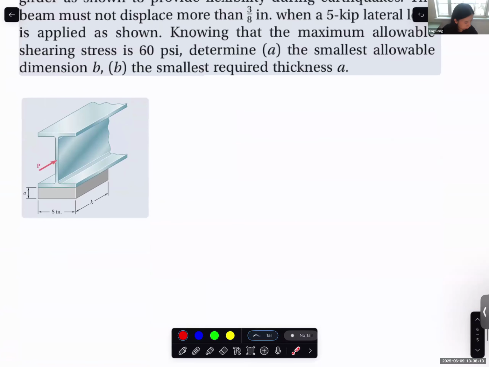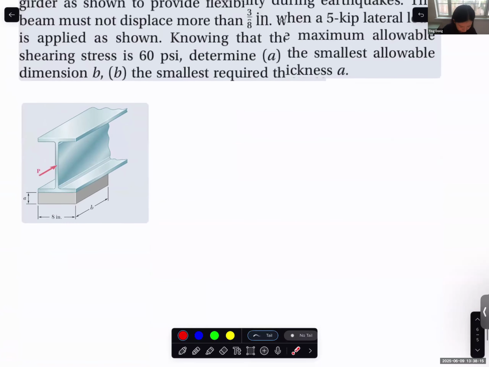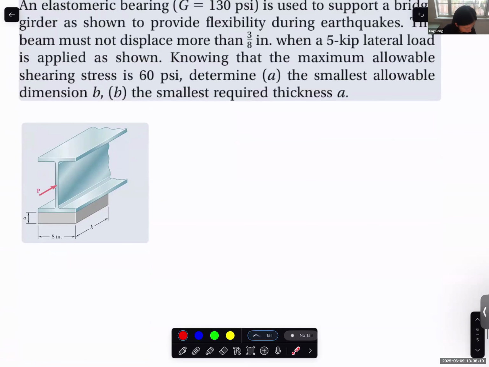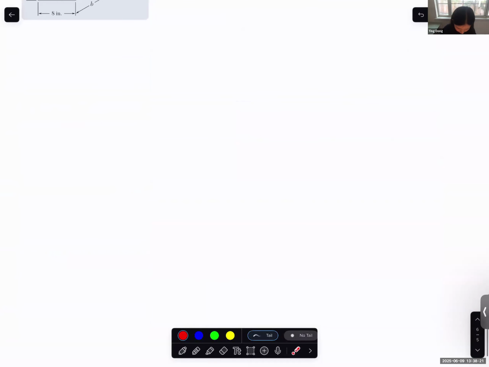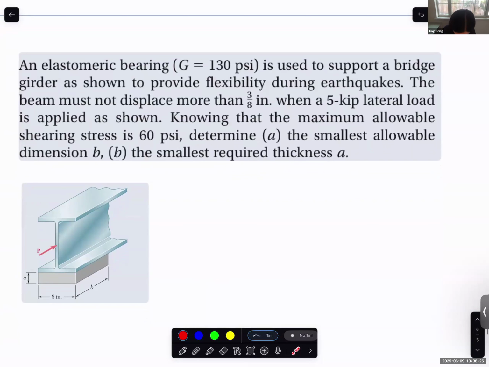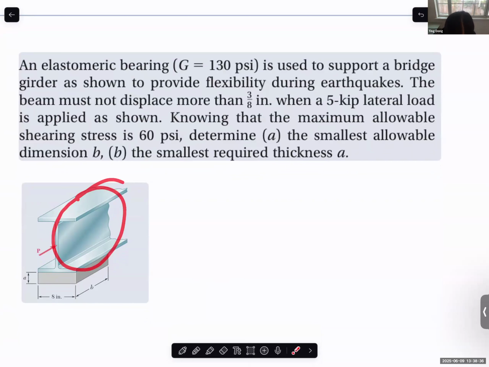Hope we can finish before 45. Wait. All right. Yeah, I think it's the correct one. Wait, this is a very similar one. So, so this is a